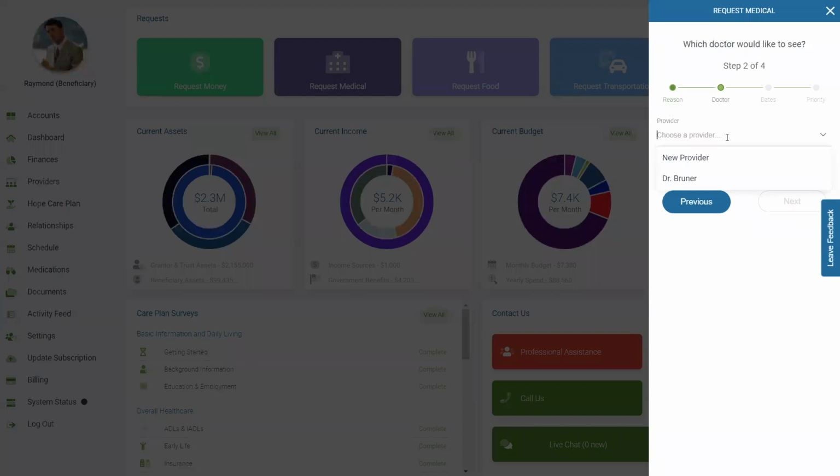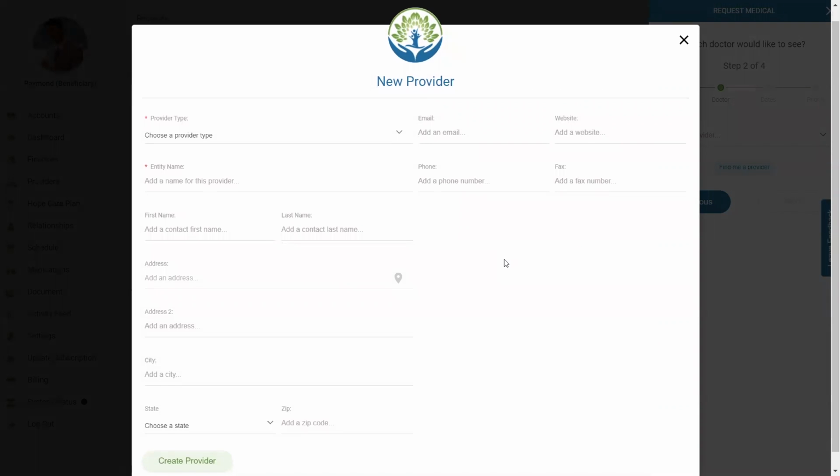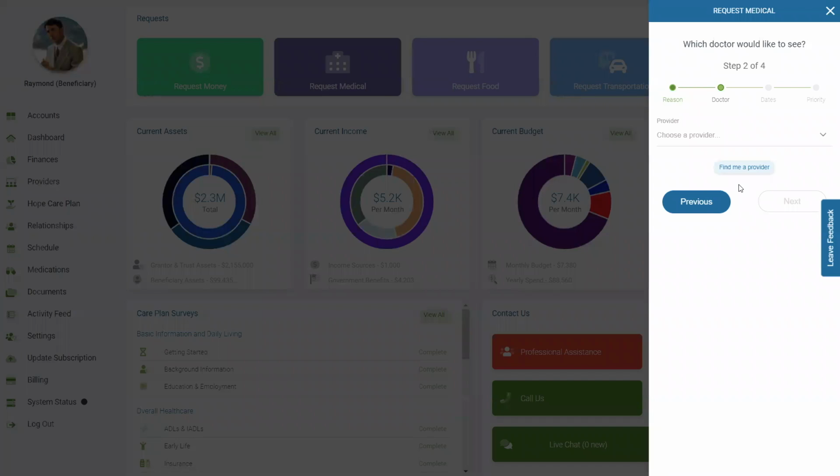If you have a specific provider you want, but it's not listed here, you can add them by clicking New Provider within the drop-down. You'll be redirected to the New Provider form where you can enter in your provider's details here and click Create Provider button. That provider will now be added into your Providers section of the portal. If you want us to find you a provider, you can simply click on the Find Me a Provider button,